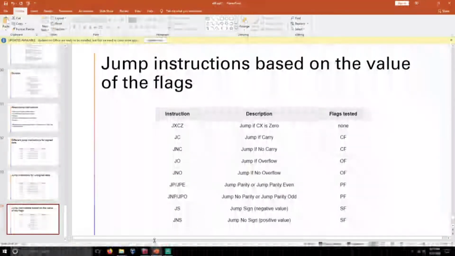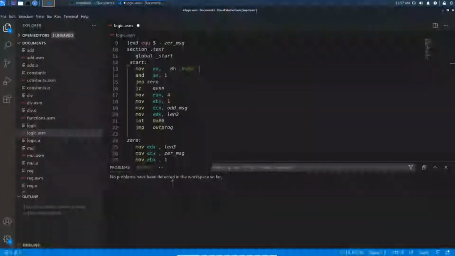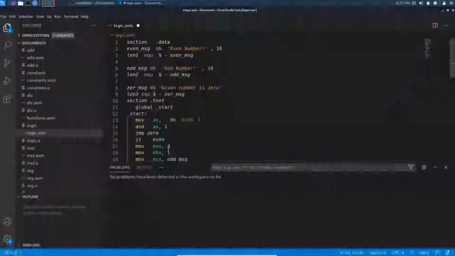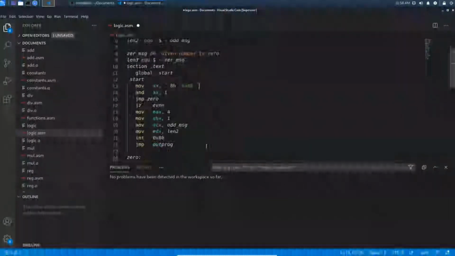Let us go to the practical part today. In this program I am going to show JZ and JMP, that is, conditional jump and unconditional jump.